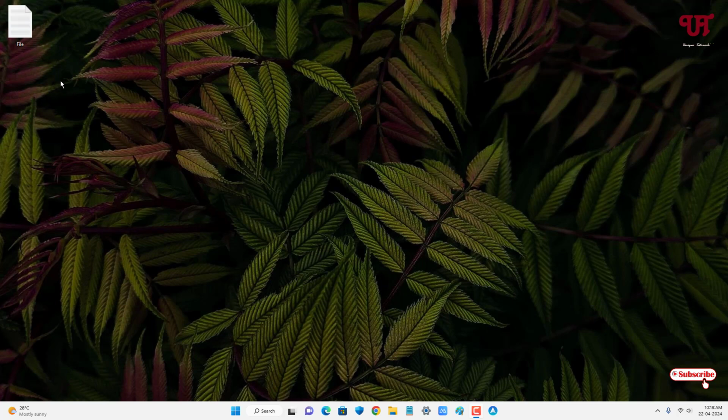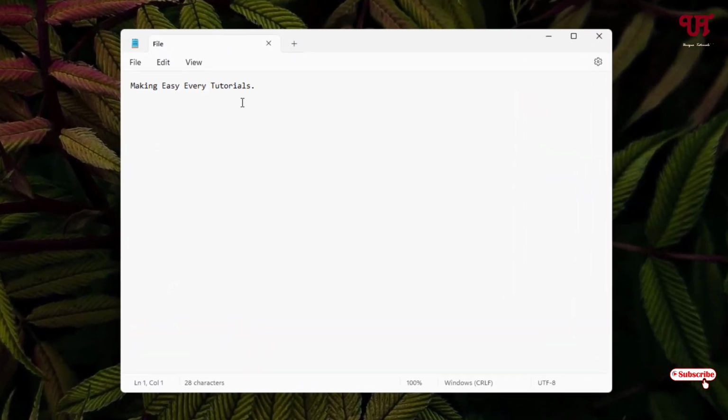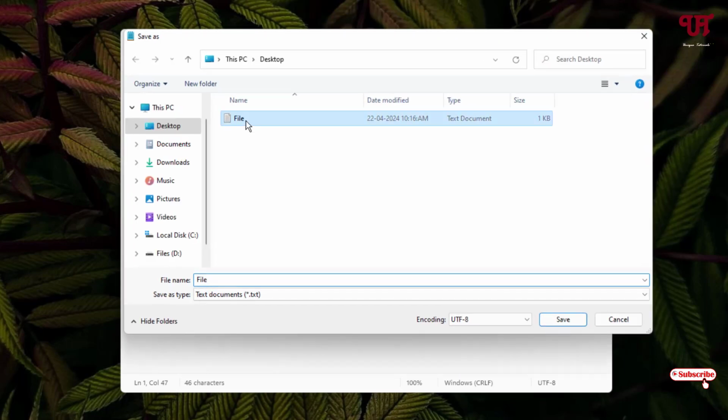Say I have one file here on my desktop screen, so let me try to open it. So now it has some text or sentences inside this file. So let me try to edit it. So I've added some text here, right? And now let me click on this file and let me click on this save. And let me select the same file which I have edited right now, and let me click on the save,